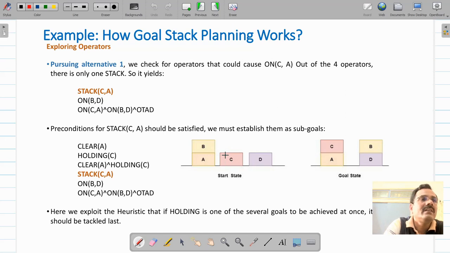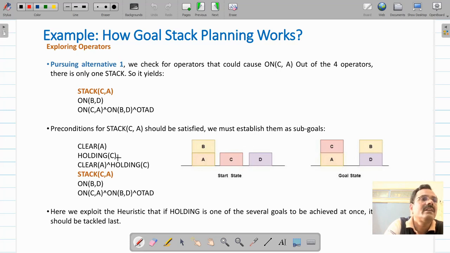But remember, to perform every operation in this block world problem, your robot arm will be used. If the robot arm is holding something, then the robot arm has to perform an additional operation. It has to put down whatever it has in the arm, and then later operations can be performed.